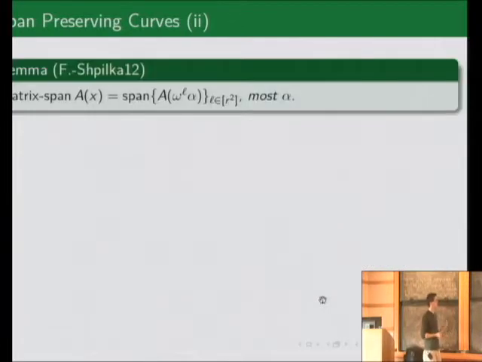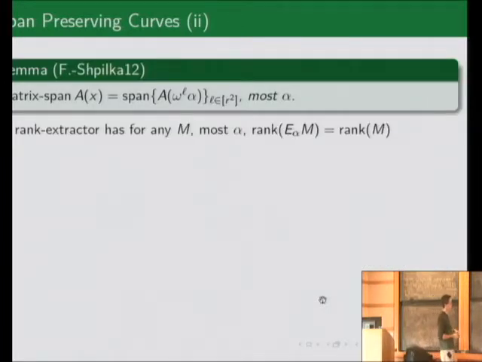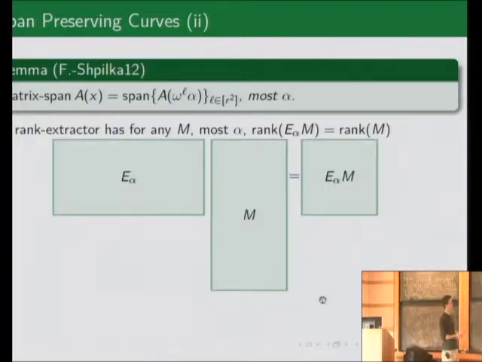All right, and to tell you how this is roughly proven, recall a rank extractor. A rank extractor says that for any matrix and for most values of the seed, the rank of E alpha m is equal to the rank of m. Pictorially, we have some tall